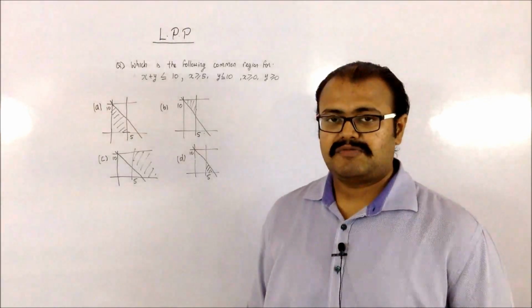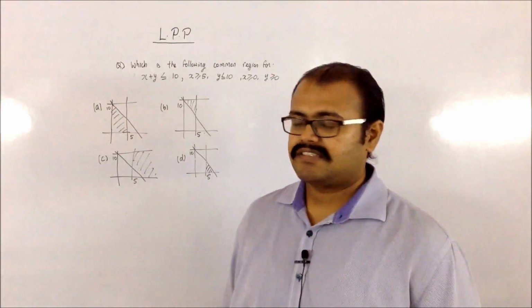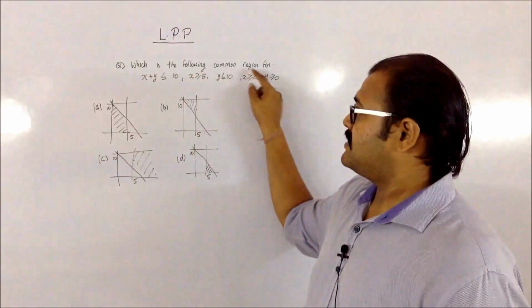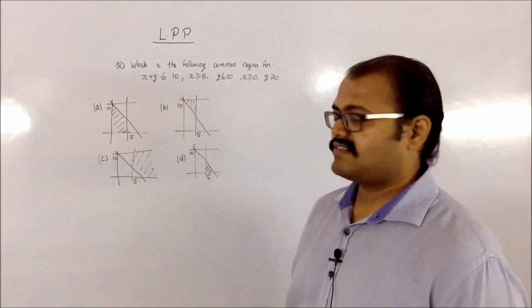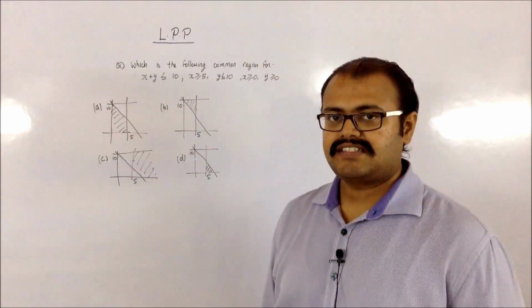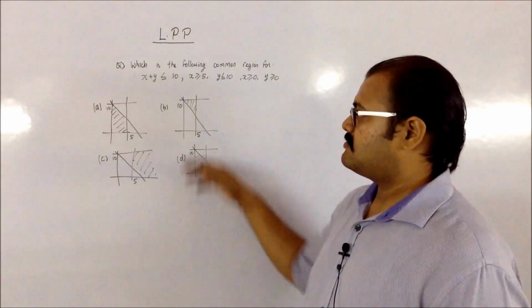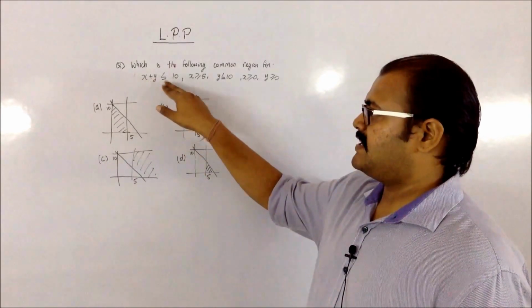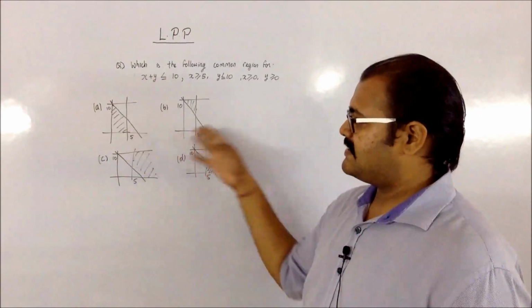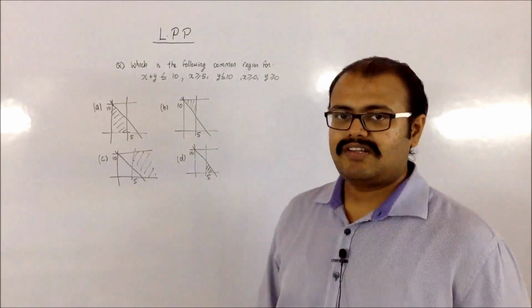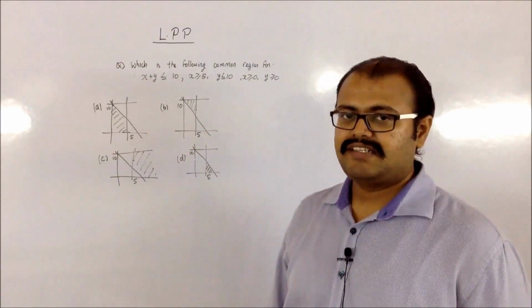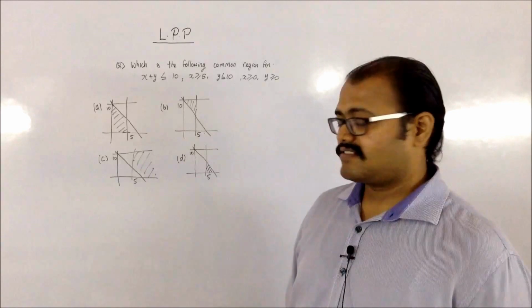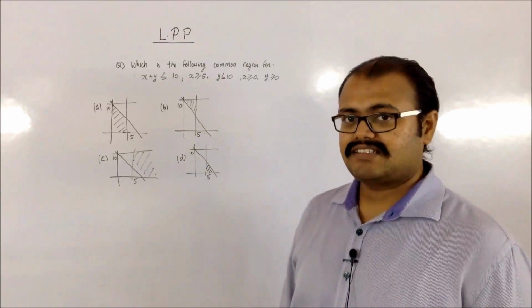This is the last type of problem which can be asked in this chapter. So they have given me this particular set of equations and I have to find the common region. So my first one is x plus y is less than 5. If you observe, basically all the lines are placed at the same point. So basically you have to now just decide which is going to be the region of intersection.